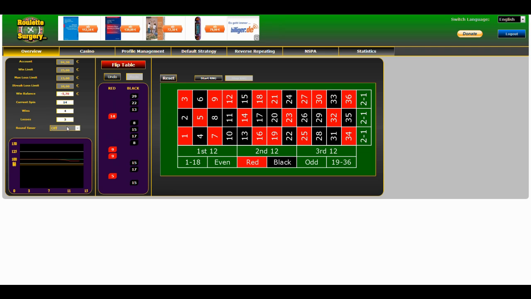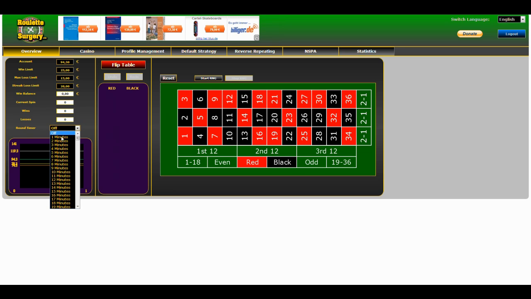So now we have also what is currently inactive, the round timer. The round timer defines the amount of minutes that you want to play. I usually set this to 20 minutes because in most casinos you can make quite a lot of money until you play up to 20 minutes, but after 20 minutes something in those algorithms changes, and then you will make many more losses and you are getting much stranger number progressions than before reaching this